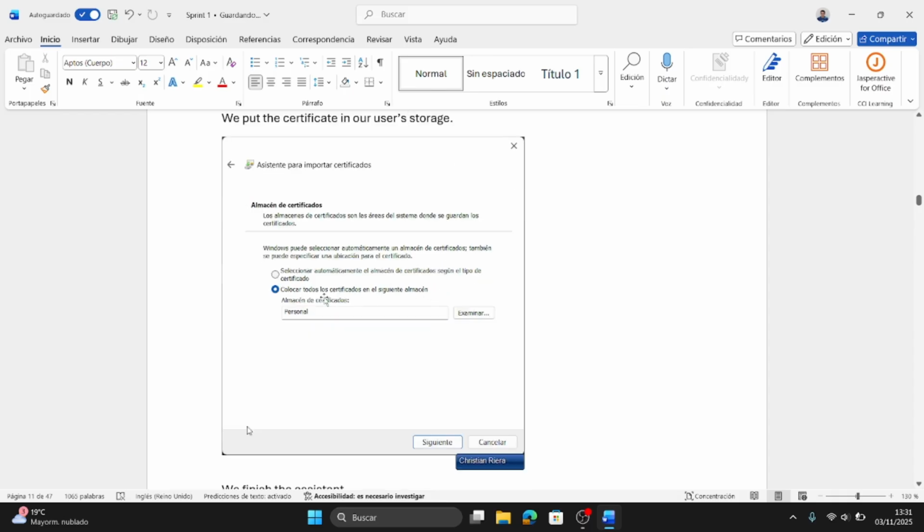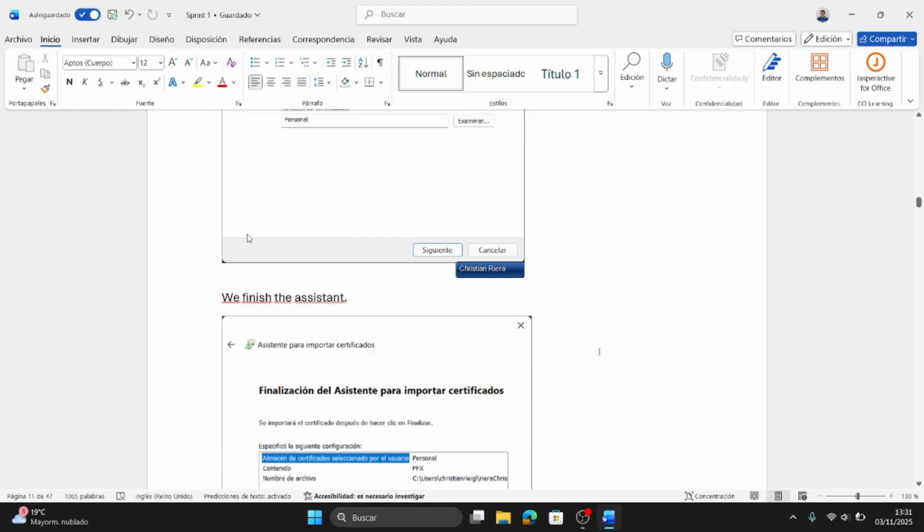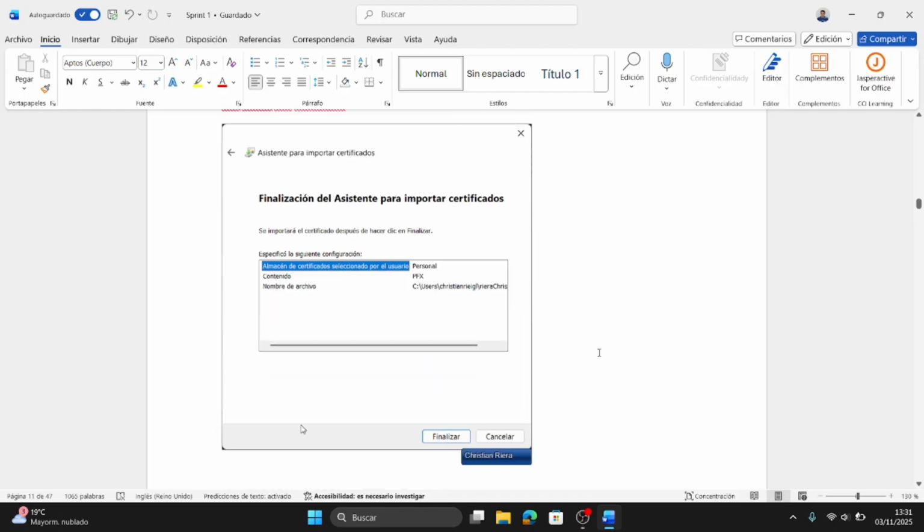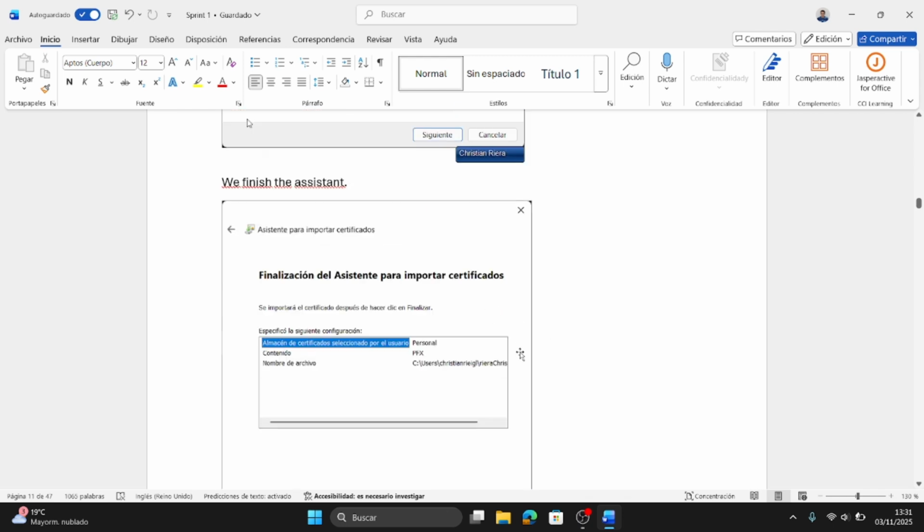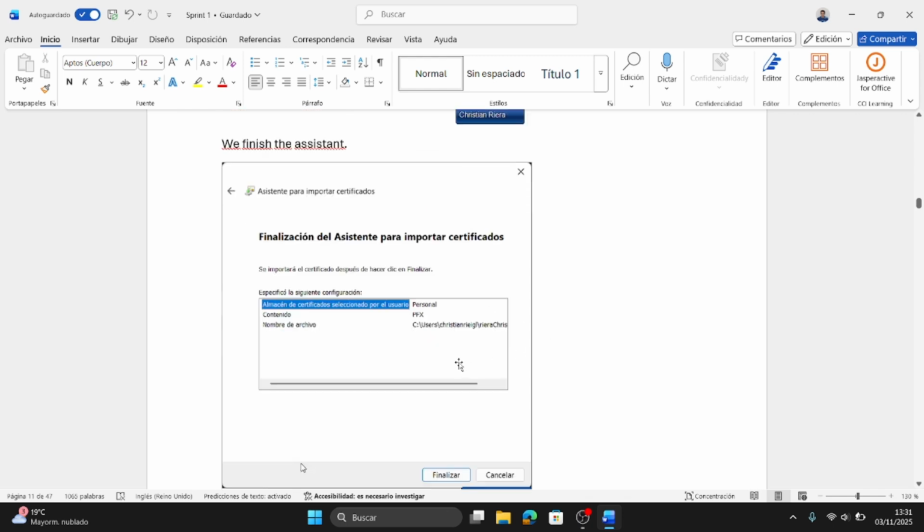Then we tell where we are going to put the certificate, and we put it in the certificate storage in personal. Okay, we are going to see this final screen that has a resume of what we selected, and if all is correct, we finalize.